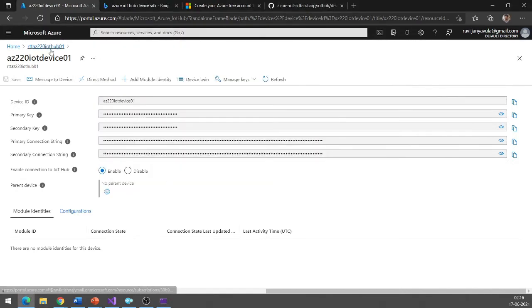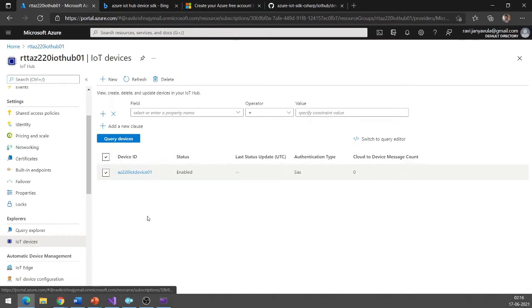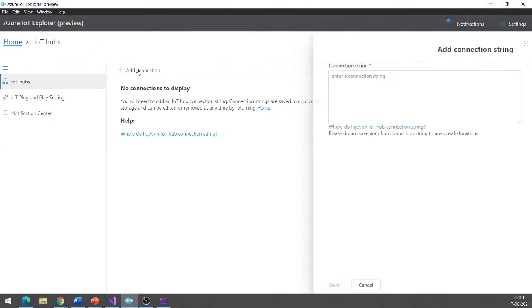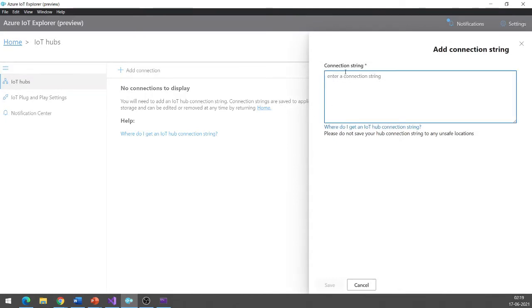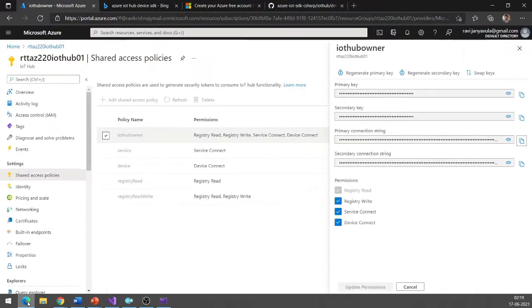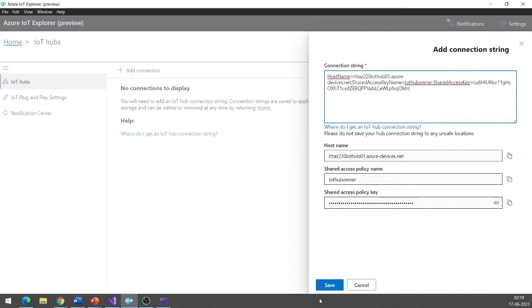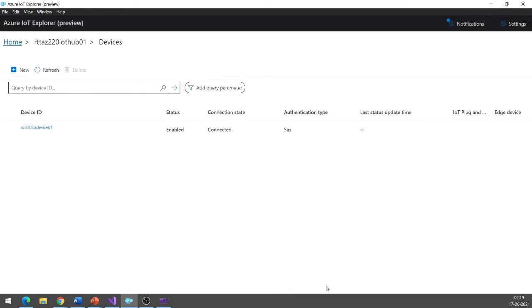To monitor the messages which are coming to our Azure IoT Hub, go to the Azure IoT Explorer, click Add Connections, and here you need to give the connection string of the IoT Hub, not the device. To get the connection string of the IoT Hub, you can go to the shared access policy, go with the IoT Hub owner, copy the primary connection string, paste it here, and save.